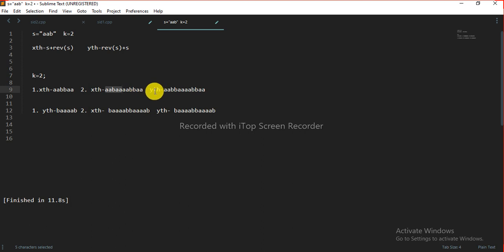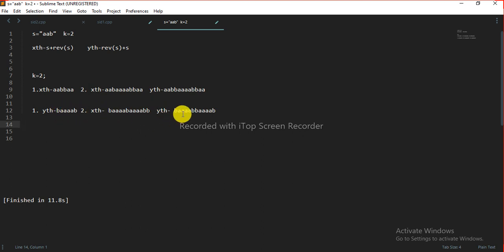And if we perform the yth operation on this string, the result will be the same. Now if we go to this other string and perform the xth operation, we get this as the string s and this as reverse of s. And if we perform the yth operation on this string, we get the same string.